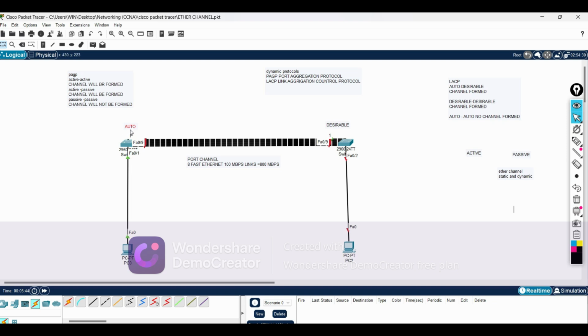If here desirable and here also desirable, then the ether channel will be formed. Auto and desirable, desirable and desirable. If the mode is auto here and auto here also, while using PAGP, the ether channel